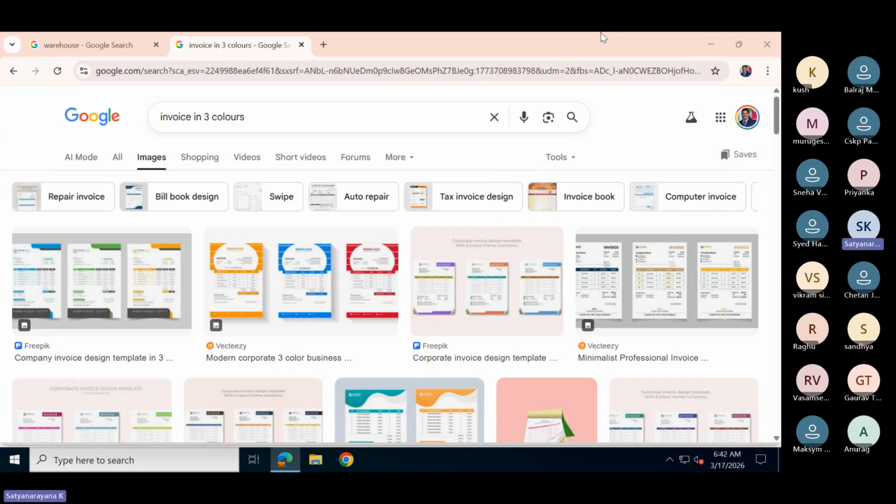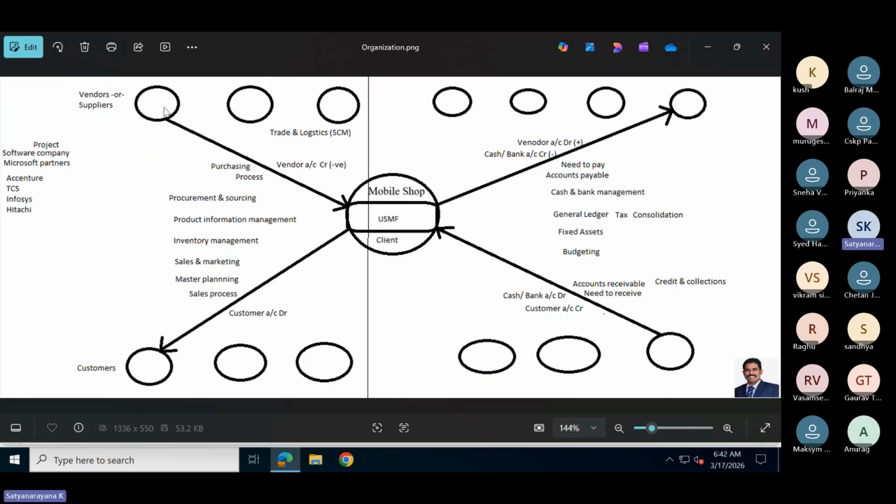You need to imagine: this is in Mumbai, this is in Hyderabad, then this is in Warangal. From Mumbai to Hyderabad, my company is in Hyderabad, and from Hyderabad to Warangal.